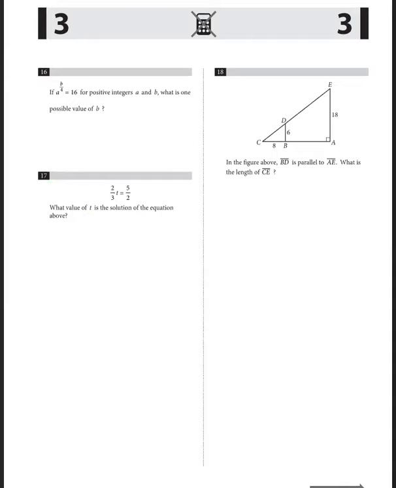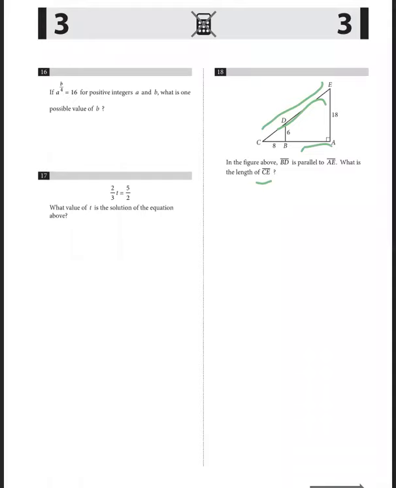So let's see number 18. It says, in the figure above, BD is parallel to AE. What is the length of CE? So when you're given a triangle and it looks like there are 2 triangles there, or many triangles that you can point out, the one thing that I would recommend is to try to find out how they're similar, because that's really how you're going to find a missing part, which is CE in this case. Triangle similarity is what tells us what these missing parts are, and they do have to be similar